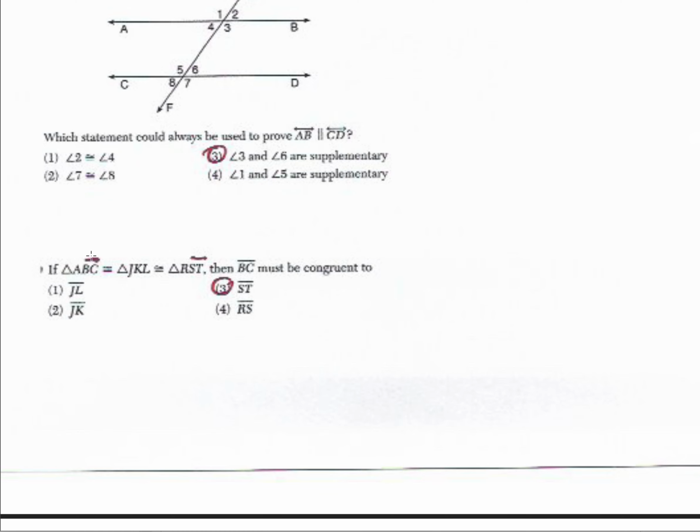Okay. And next, triangle ABC is congruent to triangle JKL is congruent to triangle RST. So the order of these things is very important. So if I have BC here, that'll be congruent to KL, that's not a choice, and ST, that is a choice. So that'll take us through the first part of our video,